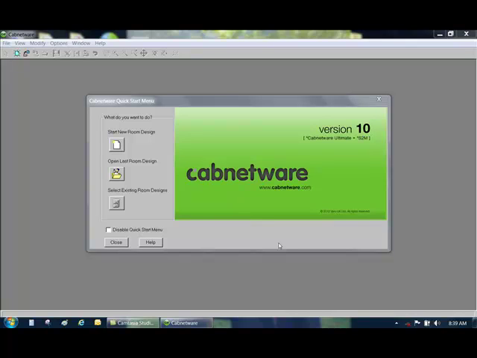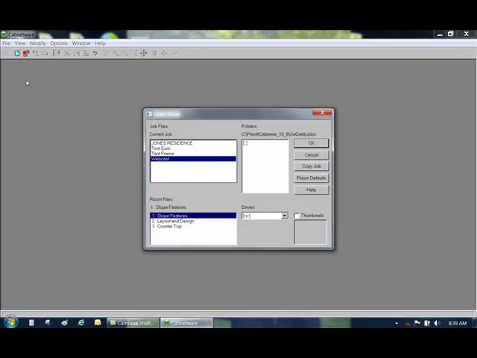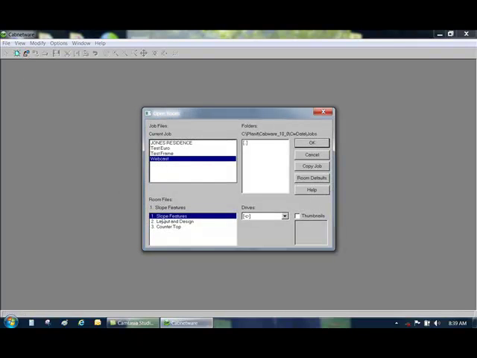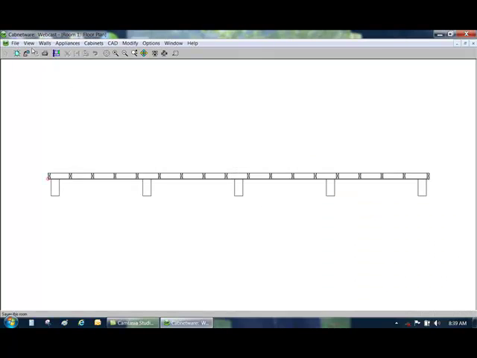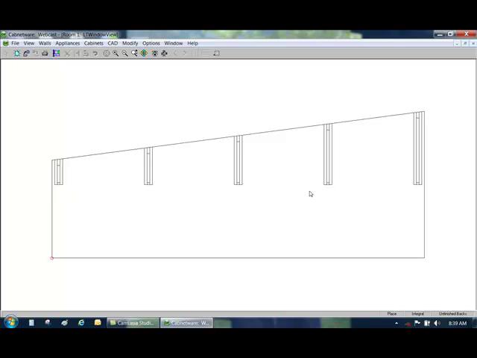Here's Cabinetware version 10. I'm going to close out of this little splash screen here. I'm going to go ahead and open up a job. I already made up this job to kind of help us along. I'm going to view the elevation view, and I made a slope wall here. We have 4 different options that we can choose from when it comes to sloping our cabinets along a